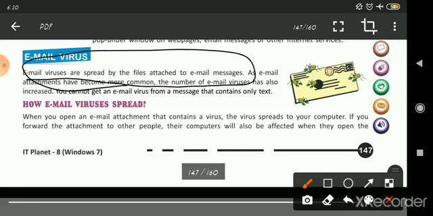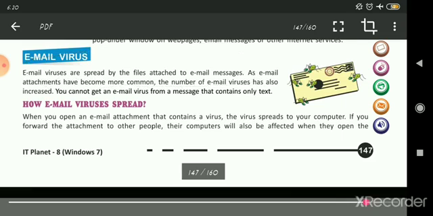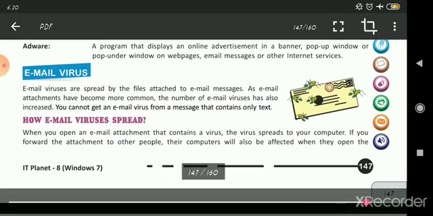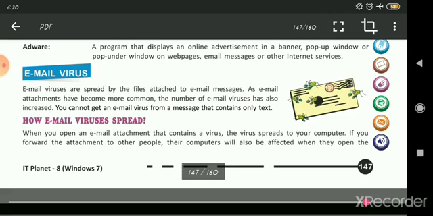As email attachments have become more common, the number of email viruses has also increased, because day by day we are using emails, sending and receiving them. When we attach our files, the virus also gets added with that file, and whenever we click that link or attachment, the virus enters our system.